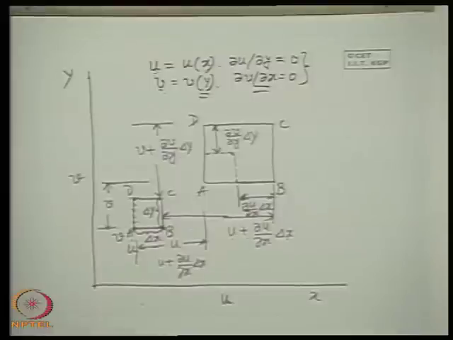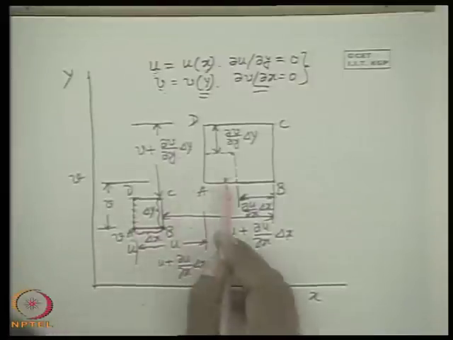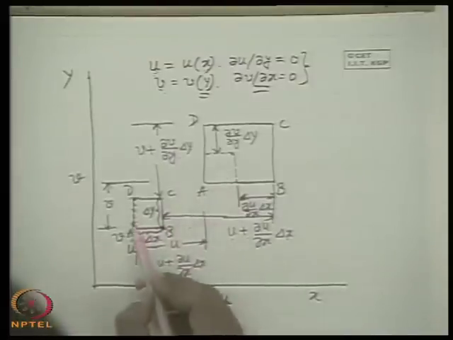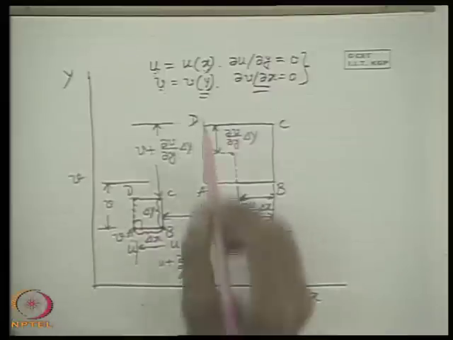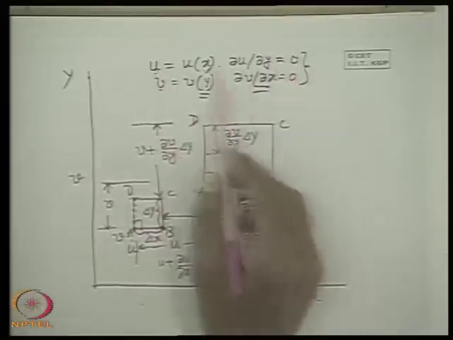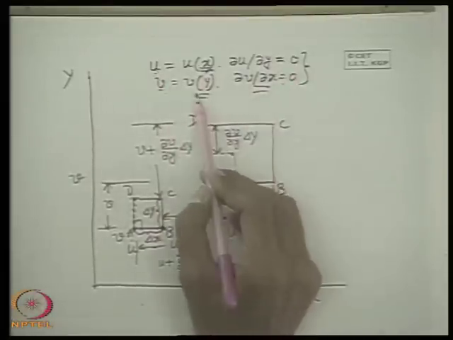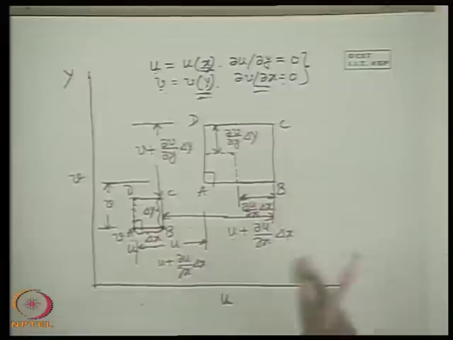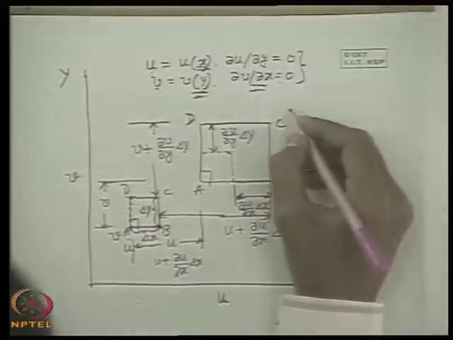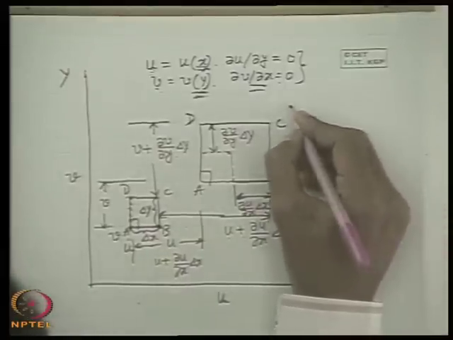I think this picture is clear, but the sides are displaced parallelly. There is no change in the included angle. This is because u is not a function of y, only x, and v is not a function of x, only y. Now, in this case, we define a terminology, rate of